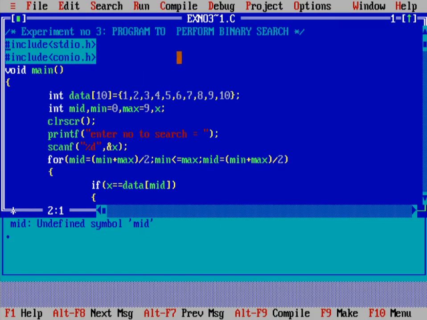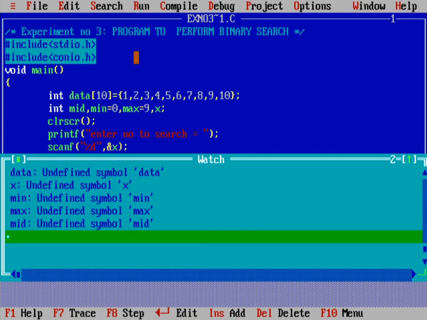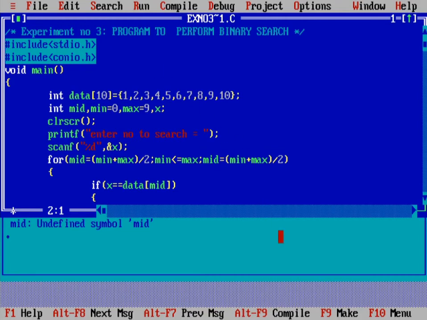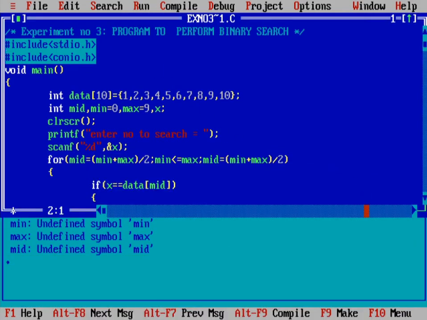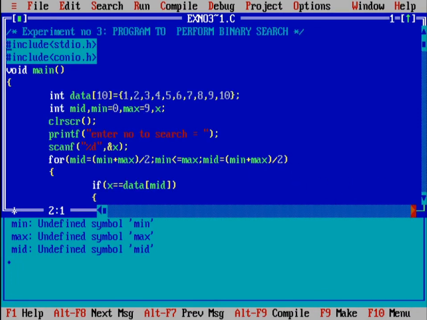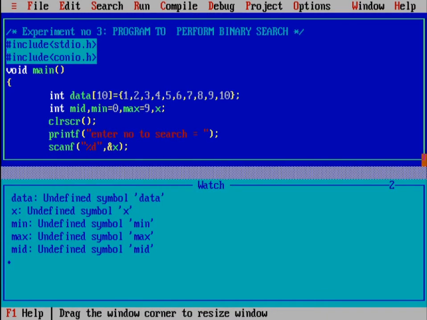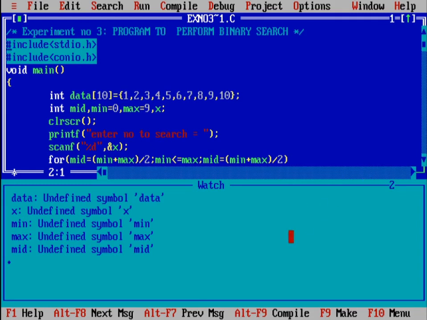To execute this program line by line, we have to use the key F8. Let us reduce this size because we are going to watch the values of the variables in the watch window. So press F8.